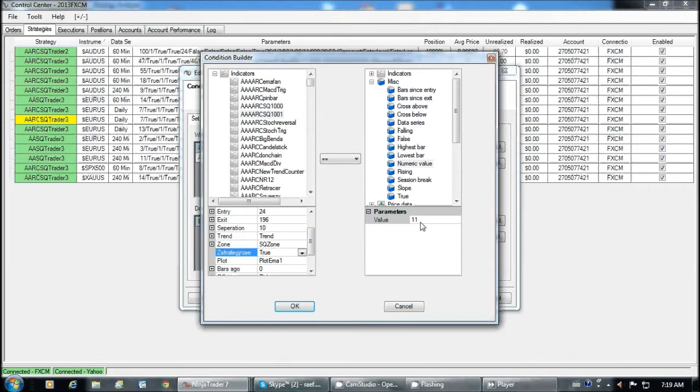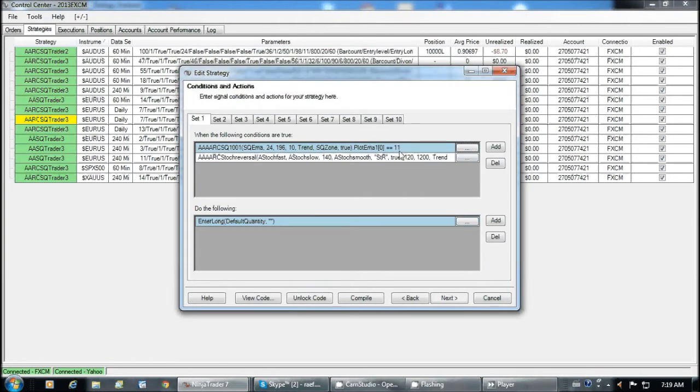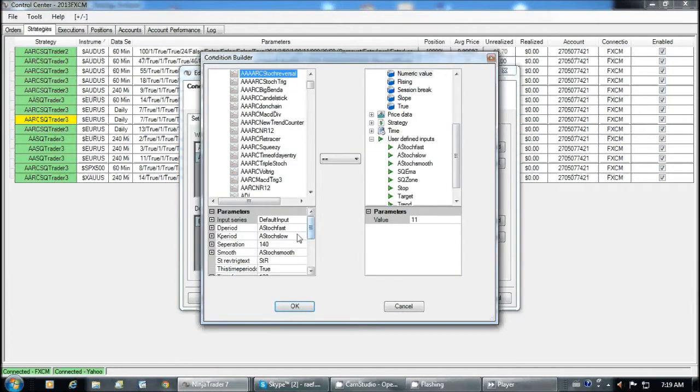It turns it into a numeric value of 11. 11 is a buy signal, and 12 is a sell signal. So a numeric value of 11. Okay. So when the following conditions are true, that is true, and this is true, which is,